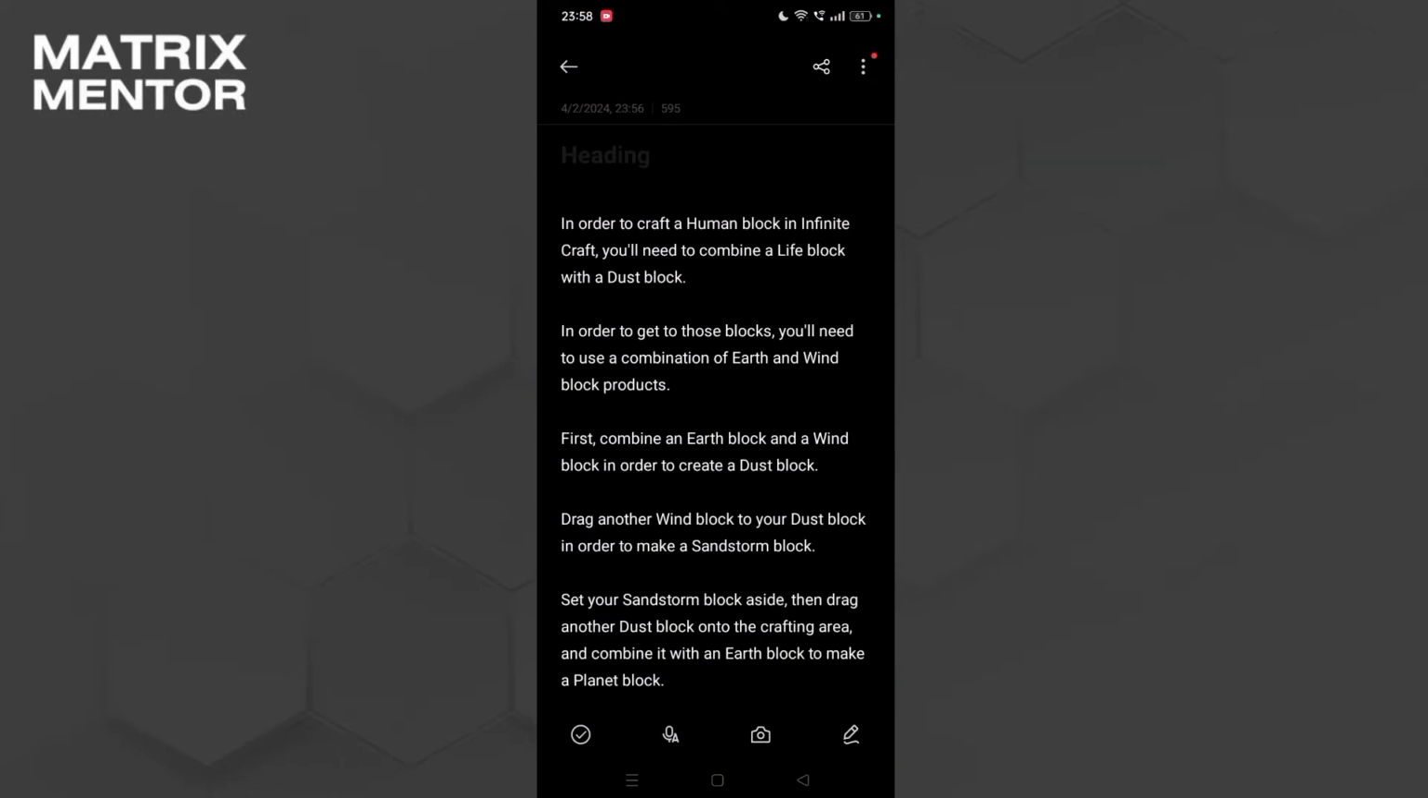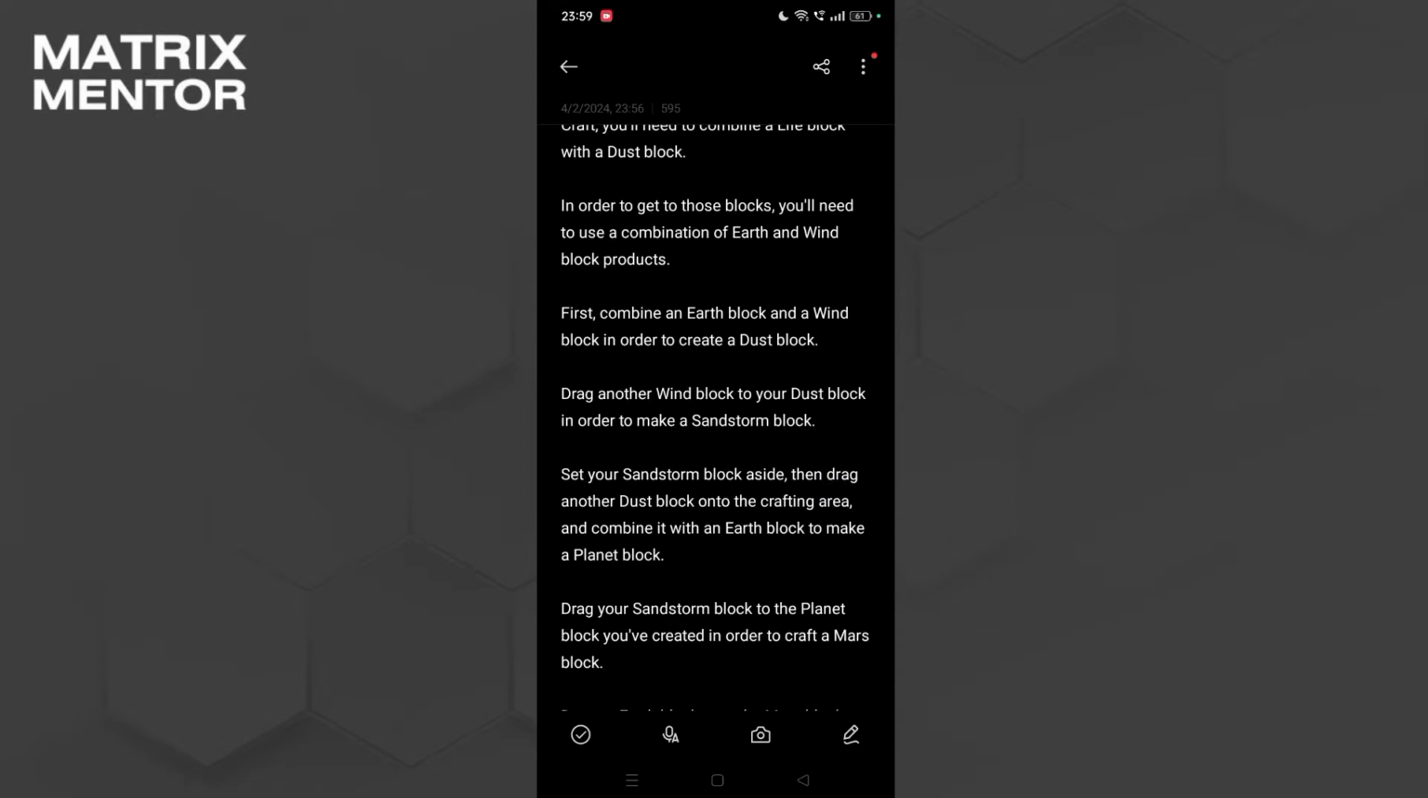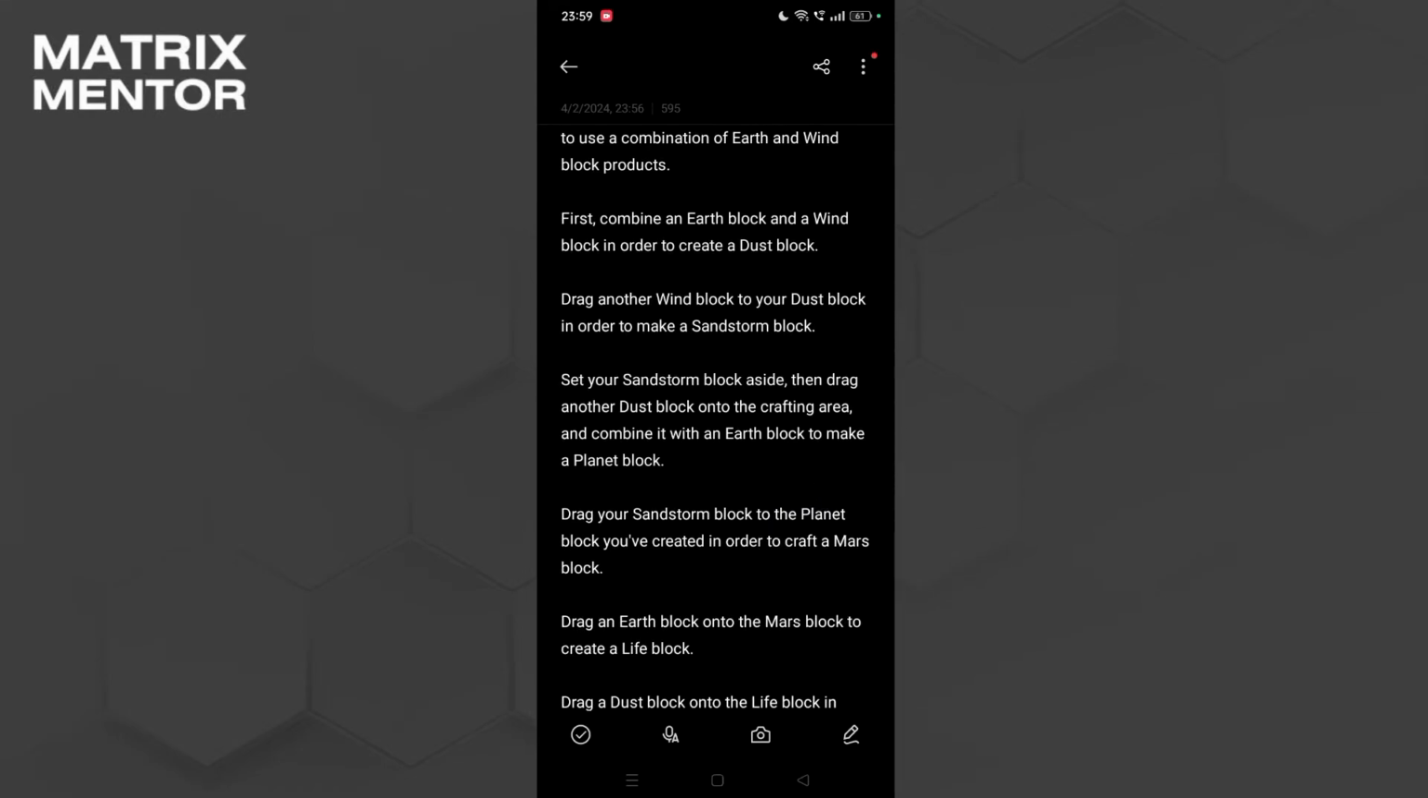In order to create or craft a human block in Infinite Craft, you will need to combine a life block with a dust block. In order to get to those blocks, you will need to use a combination of earth and wind block products. First, combine an earth block and a wind block in order to create a dust. After that, drag another wind block to your dust block in order to make sandstorm, and then set your sandstorm